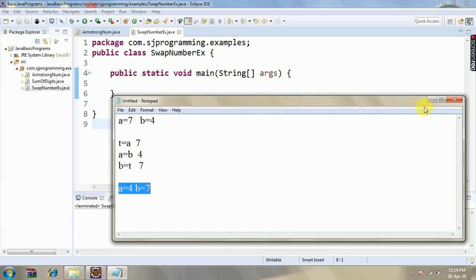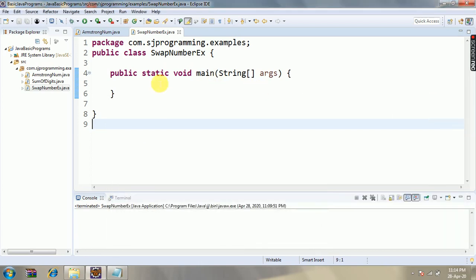So let's do the same thing in coding. I already created one class, SwapNumberExample, and inside this class we already created one main method.